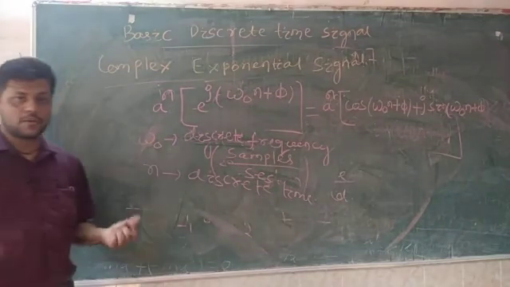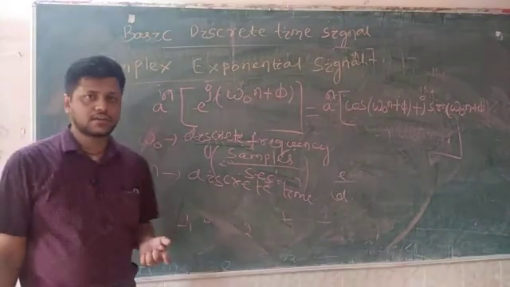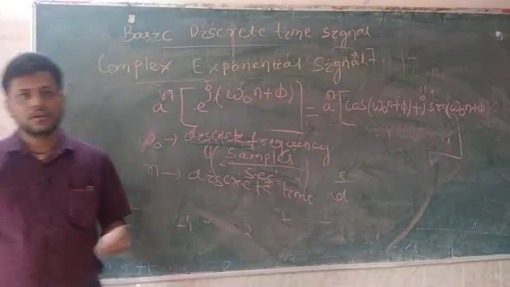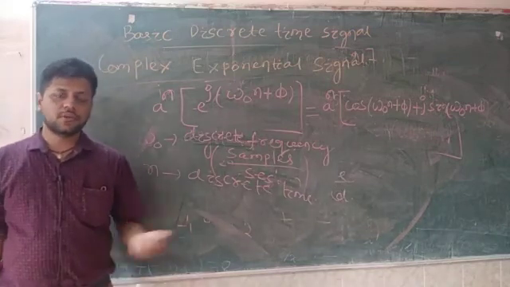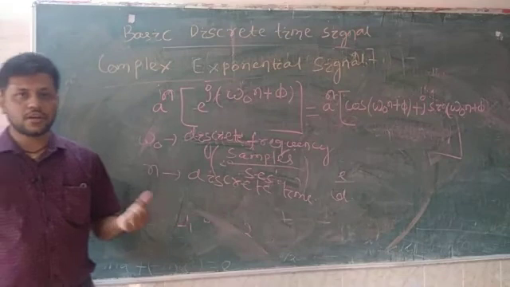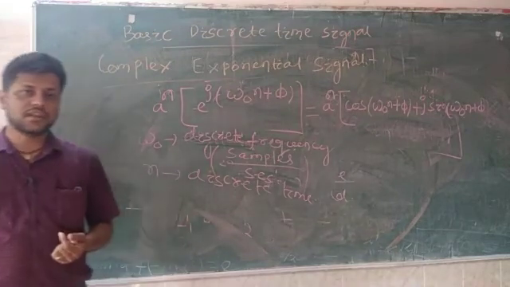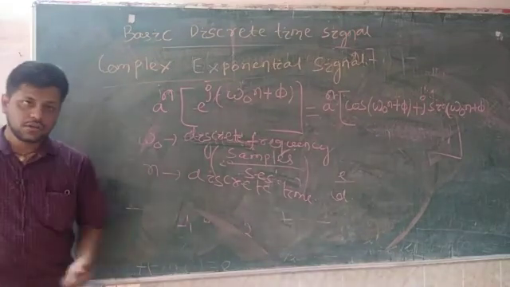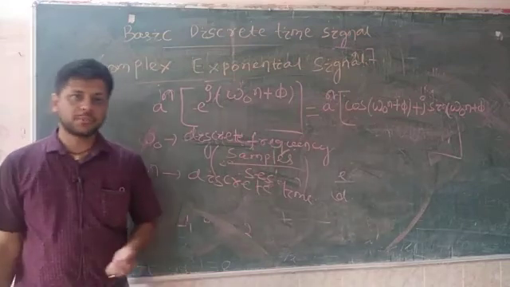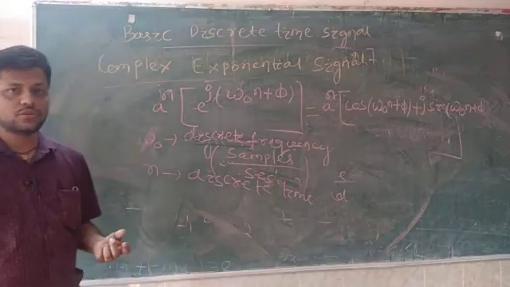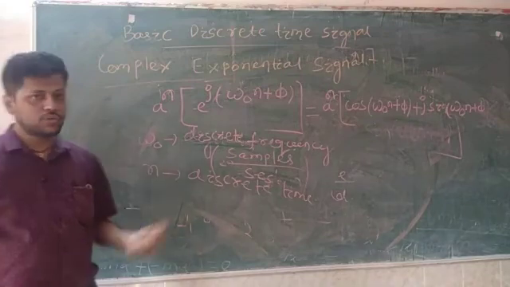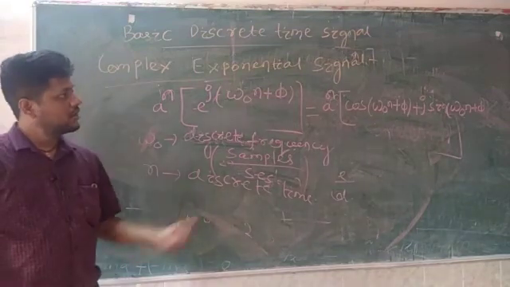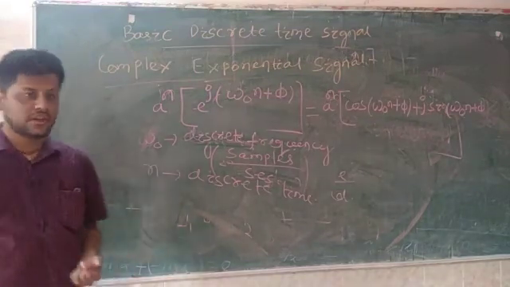So now I have covered all the basic signals, that is your unit impulse signal. Then we have studied the step signal, then the ramp, then the real exponential, and this is your complex exponential. After that I will now solve a few questions on this basic representation of signals. They might ask you some 2 marks questions on this chapter, and thereafter we will study various other types of signals.